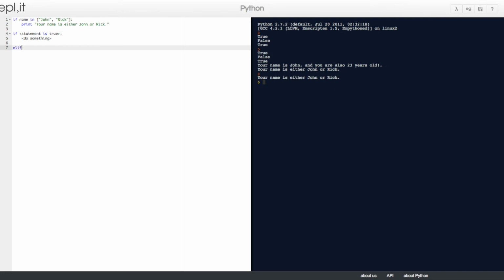Then there's elif, which is another statement that is true, and we always put the colon, and we'll put a comment that elif is basically saying else if, and then we indent and we tell it to do something else.